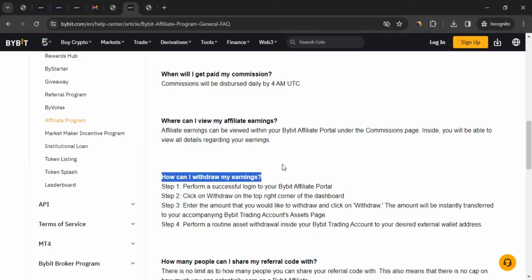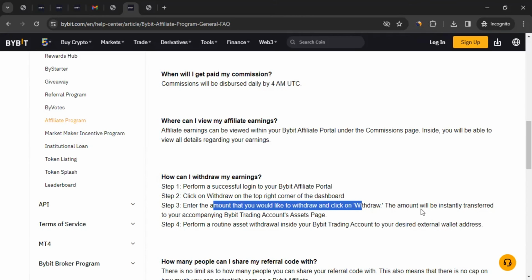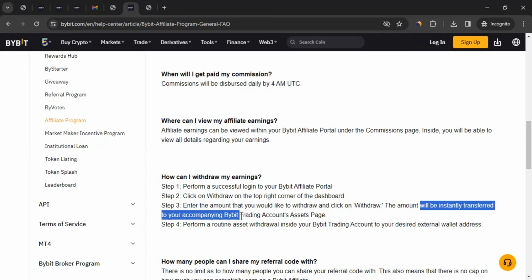Now, how would you withdraw it? So you can log into Bybit affiliate portal, click on withdraw over there. And from there, you can enter the amount that you want to withdraw, and that will be instantly transferred to your Bybit trading account. From there, you can just transfer it to your wallet address, and that wallet would differ from your location. So let's say if I'm from India, then the wallets available would be more related to me, to my location. Same way it would be different for you. So that's how you can get the